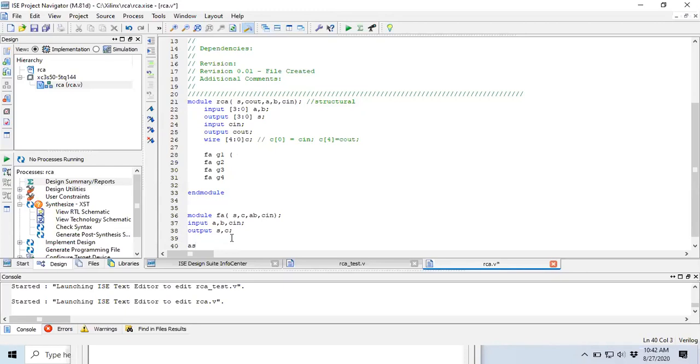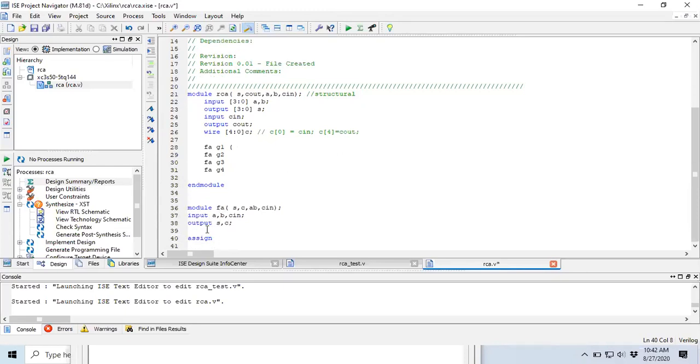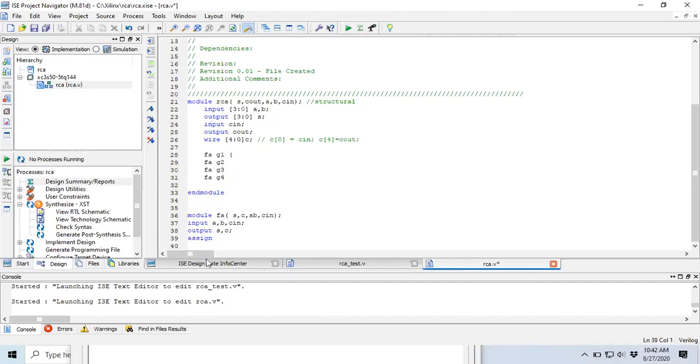Then I'll write assign S is equal to A XOR B XOR C in. This is the expression for full adder, right? So I will write over here the expression for full adder.